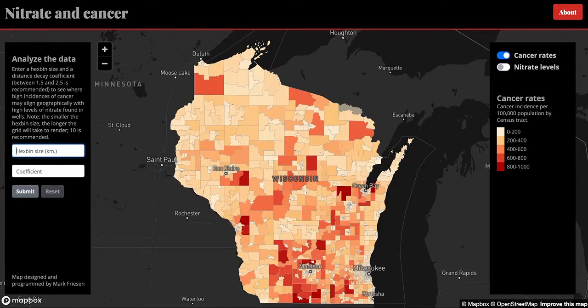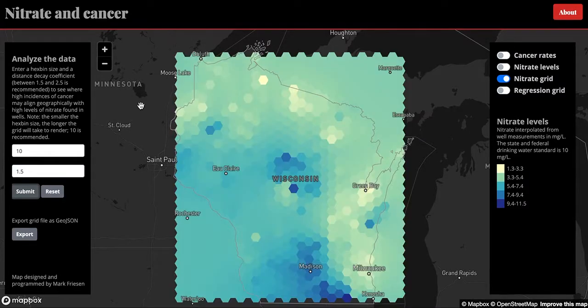These boxes here will only let you enter numbers or decimal points. So if you try to enter letters or anything like that, it won't do it. And if you try to put a 0 or something like that in the coefficient, it'll yell at you to fix it. So if you put in the hex size and the coefficient and then run it, and then we wait, it gives us back a hex grid layer that shows the interpolated nitrate level for each hex cell,